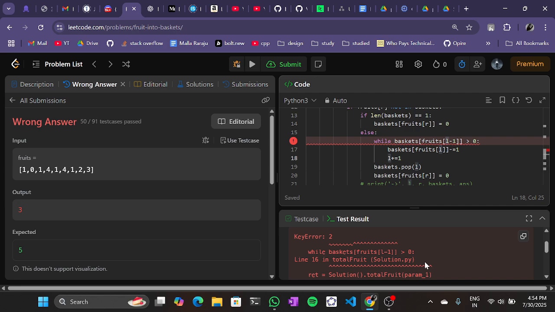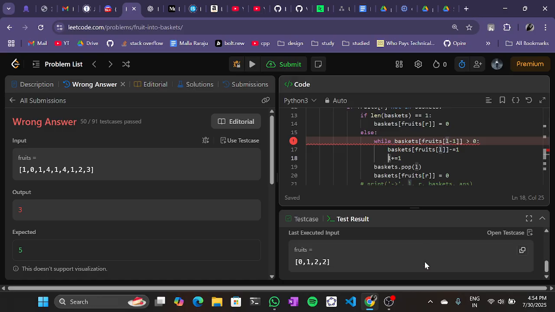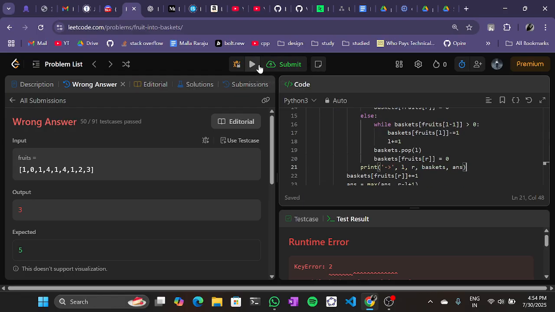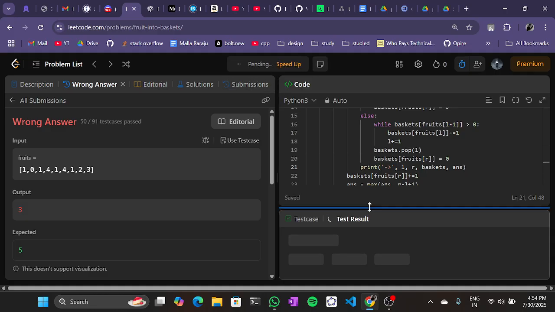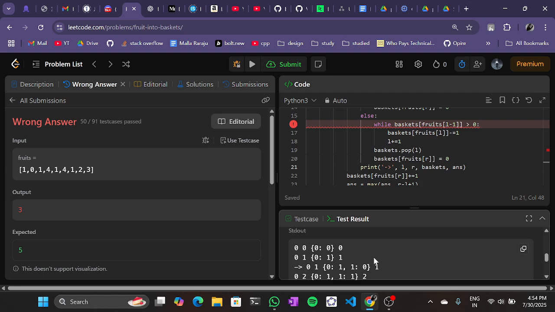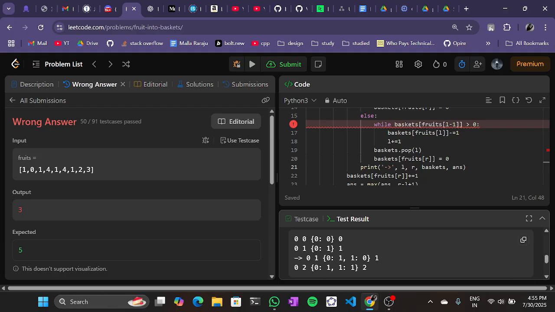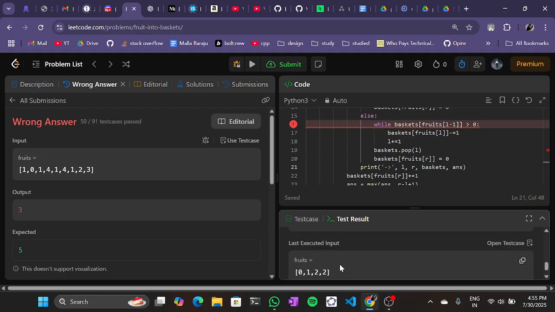Fruits of L minus 1. Why is that? Guess we have to see. 0, 1, 1, 0, 1, 1, and when we get to 2,